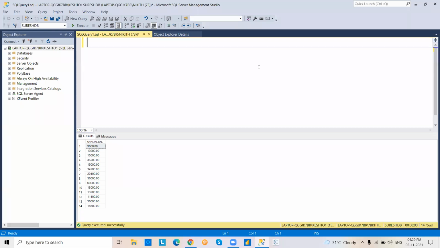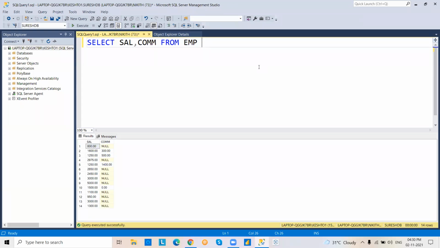Now coming to the next scenario, we are going to work with the functions concept. SQL Server functions we are going to work with. See, a general scenario, suppose select salary, commission from employee table.